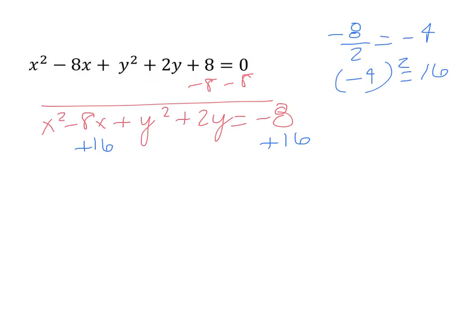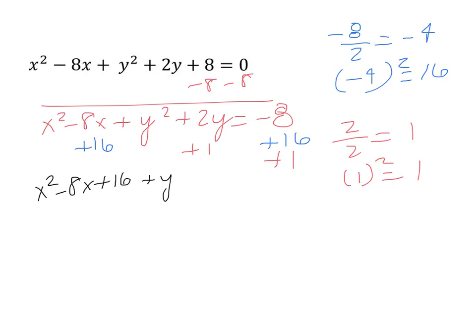So I'm going to take 2 divided by 2 equals 1. 1 squared equals 1. And I'm going to add 1 to both sides of the equation. So what I wind up with is x squared minus 8x plus 16 plus y squared plus 2y plus 1